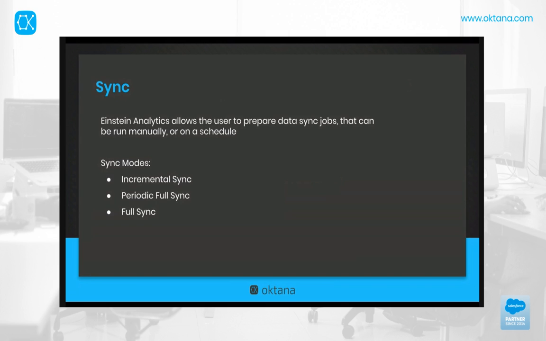This is important because you want to make sure that your data is up to date, and you can have that with full sync, but full sync usually consumes a lot more resources